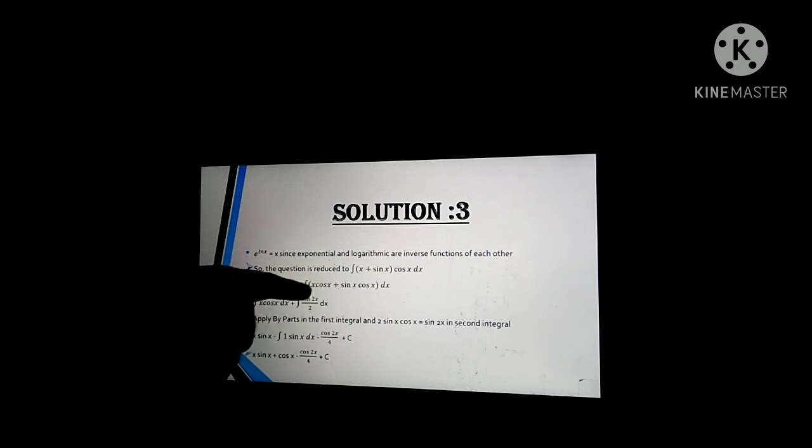And then the integral for this function will be, for sin 2x it will become minus cos 2x upon 2, because whenever we are integrating a function we have to divide by the coefficient of x. So sin 2x becomes minus cos 2x upon 2, and there is a 1 by 2 already in the denominator. So this becomes minus cos 2x by 4. And here for minus sin x the integral is minus cos x, so this becomes plus cos x. Right, and then we add c in the end, which is the indefinite integration constant. So finally we get the result for this question as x sin x plus cos x minus cos 2x by 4 plus c. Okay.